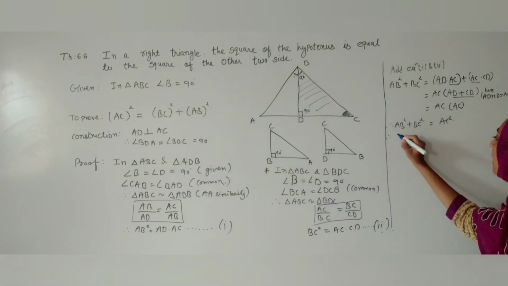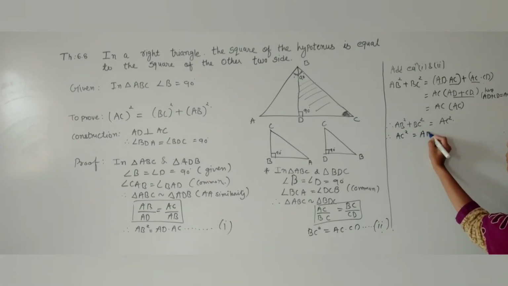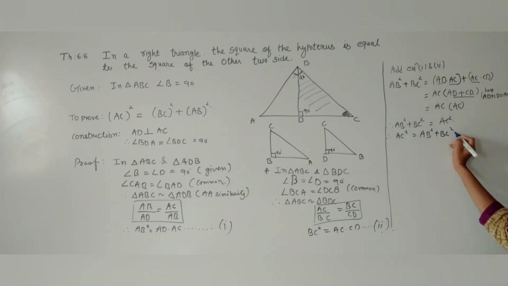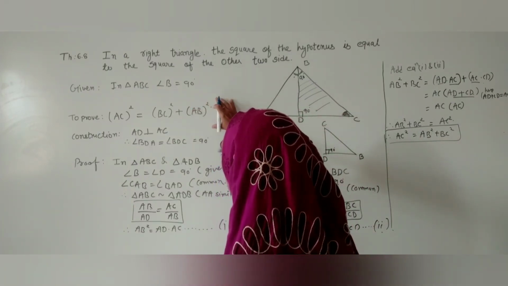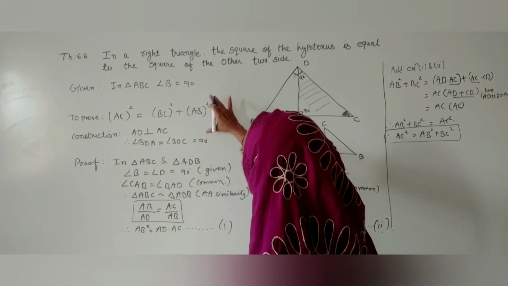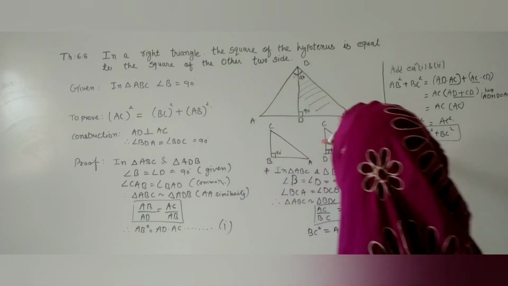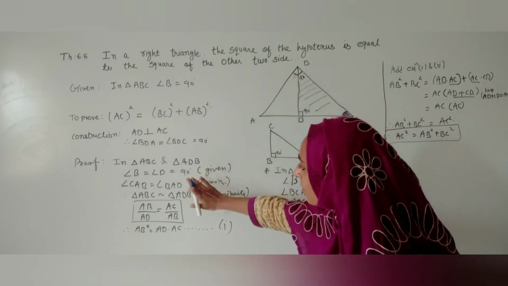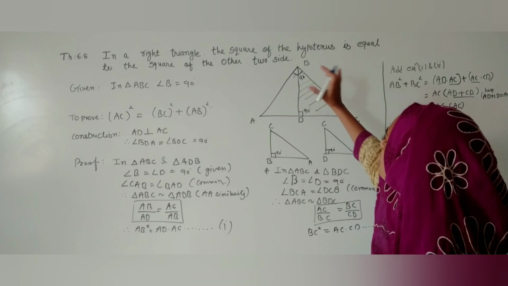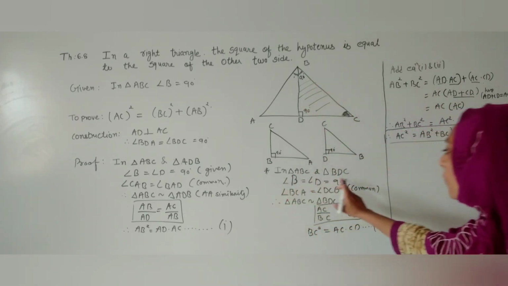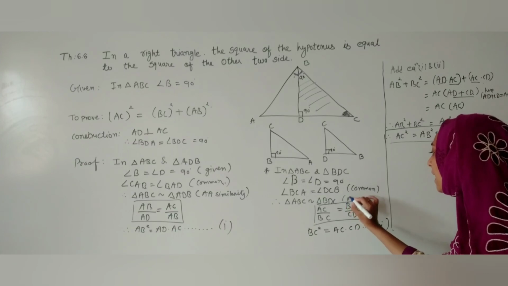Just turn this and our theorem will be completed within a few seconds. So here is the end of the question, and here we have proved whatever they wanted us to prove. The concept is very clear. You have to mention 90 degrees over here. You have to apply the Pythagoras law over here, and how will you prove this? By comparing one large triangle with the small triangle, writing their similarity, writing the ratios of their sides, and then you have to take another large triangle and another small triangle. You have to prove its similarity by using AA similarity.